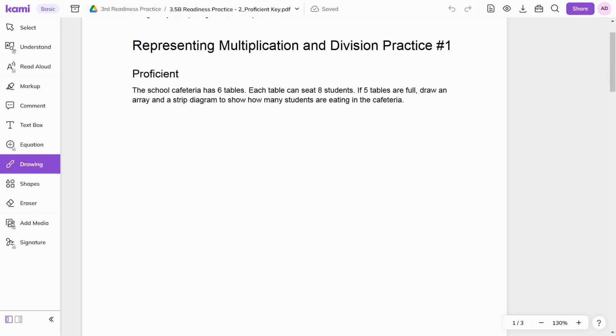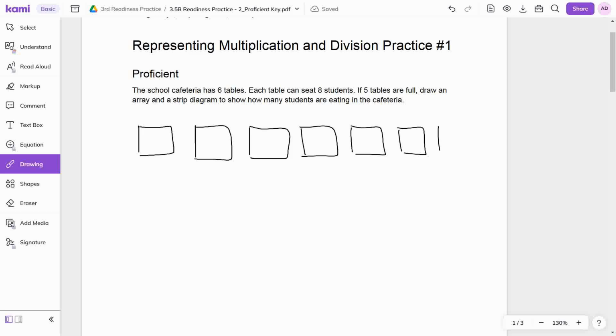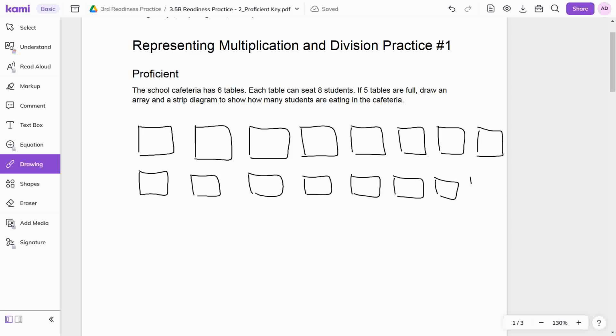I'm going to start with an array. And really, I don't need this 6 tables. I don't need that information. What I need is how many tables actually have students, and there are 5 tables. So each table is going to seat 8 students, and I need to represent that in an array. So I'm going to choose to make my rows my tables. Then my columns are how many students are sitting at each table. So you see I've got 8 squares or rectangles in that row, which means I've got 8 kids sitting at